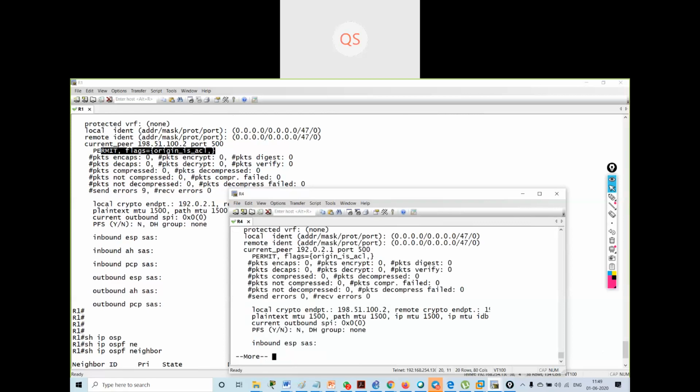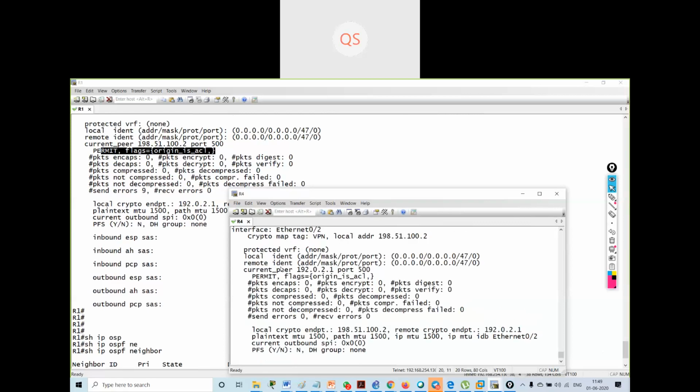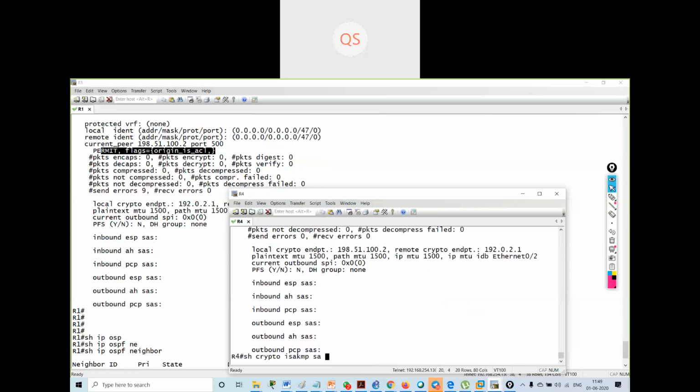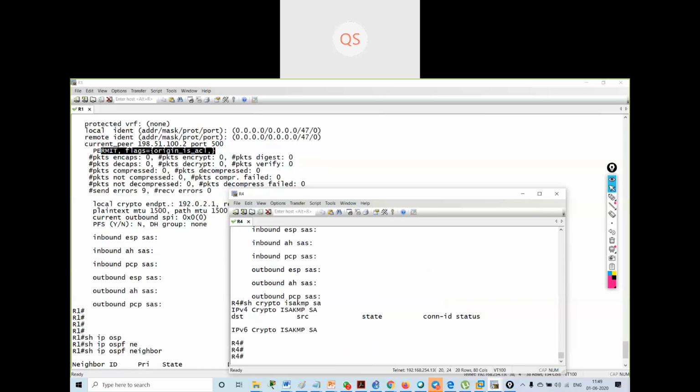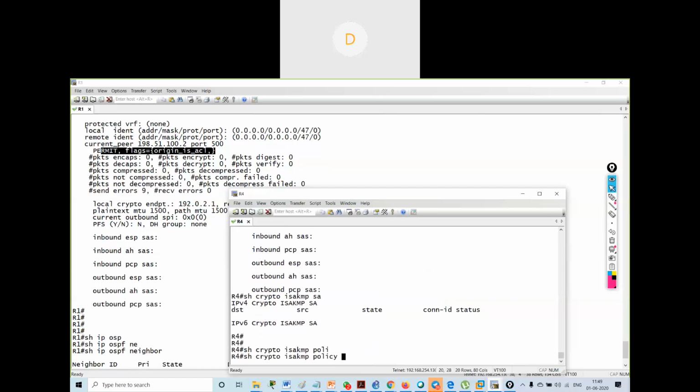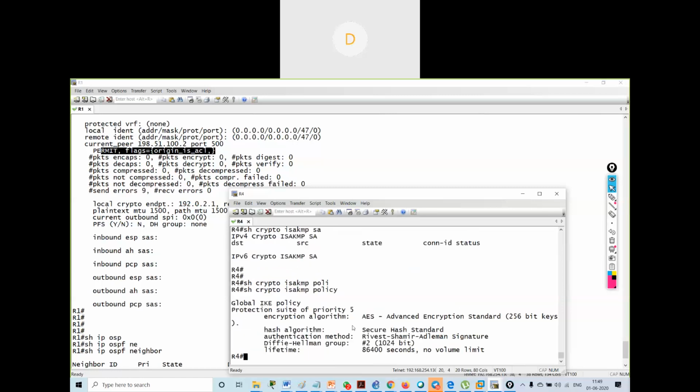The policy is over here. It is using priority 5 AES.